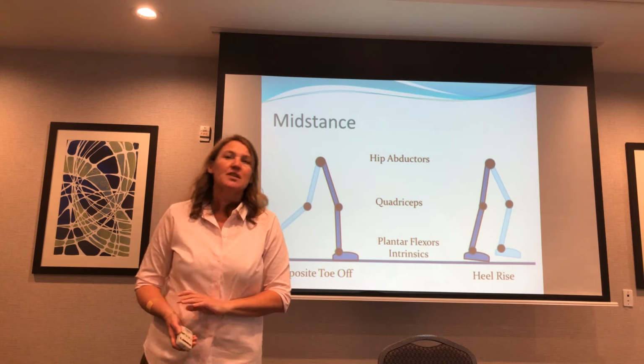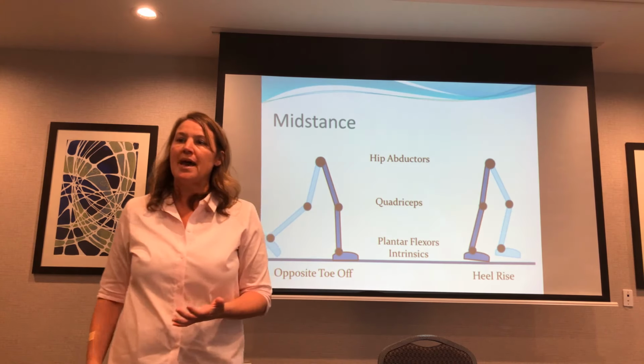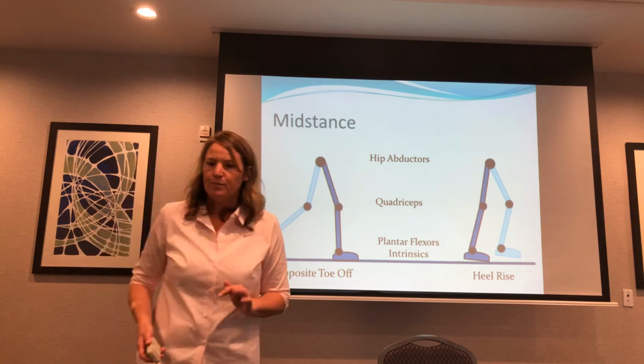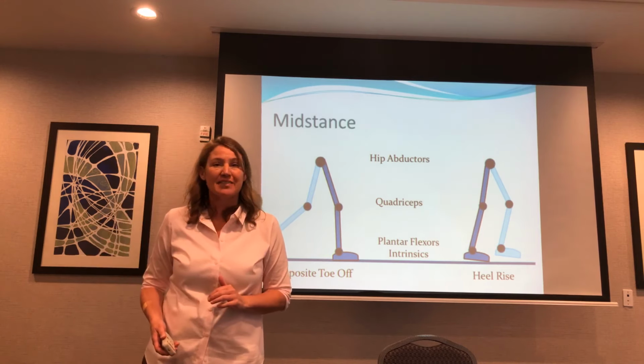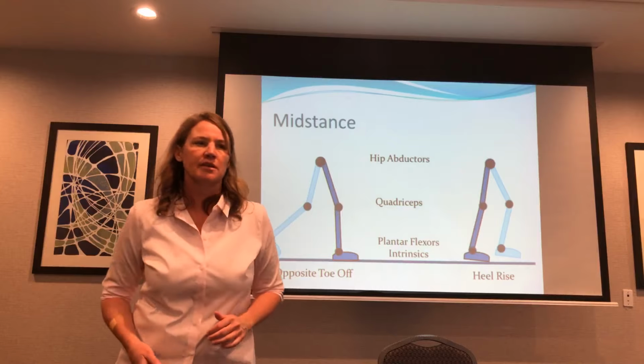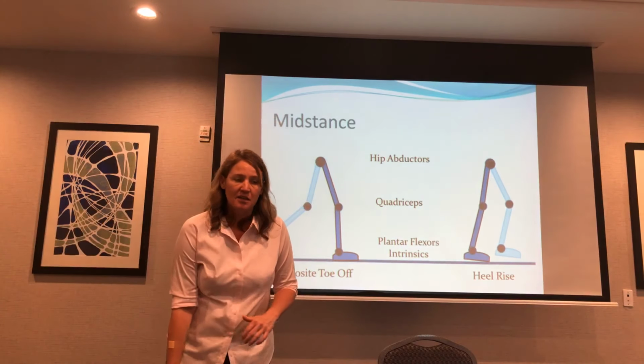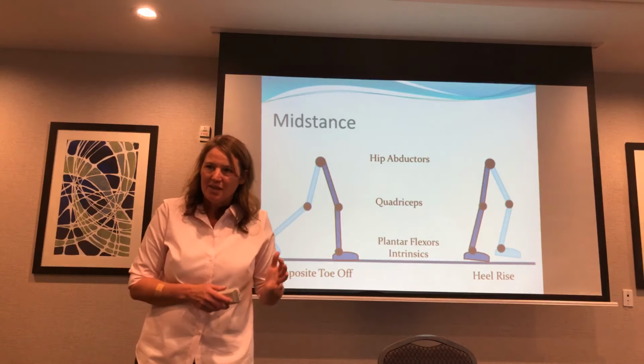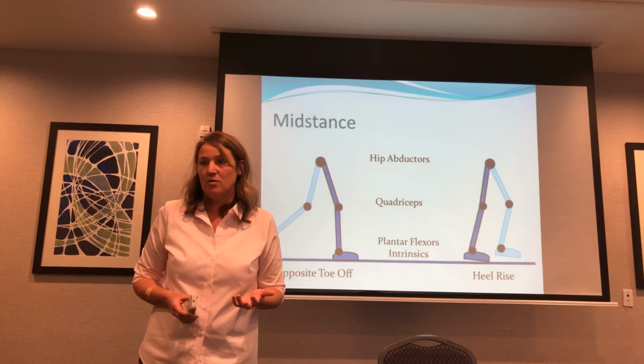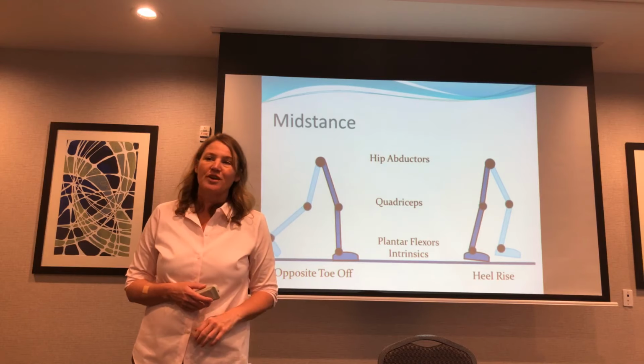Quadriceps, you need the quads at the beginning, but as soon as you pass over, you don't need the quads anymore. So basically, they may hyperextend the knee. You may have someone who walks like this, throws their weight ahead, or hyperextends their knee. And it may be because at one point they didn't have quad strength, or they don't have quad strength now. And so the question is, can you correct it?